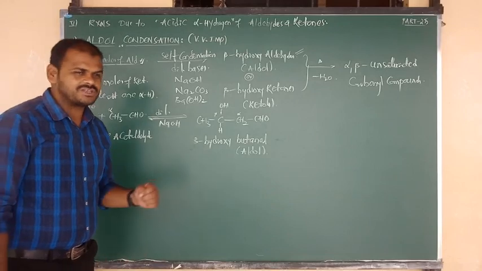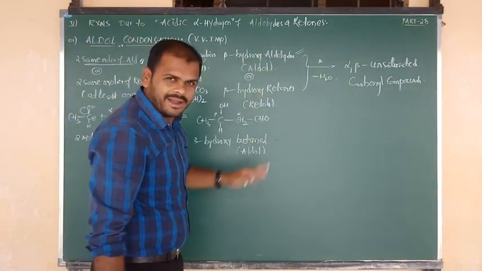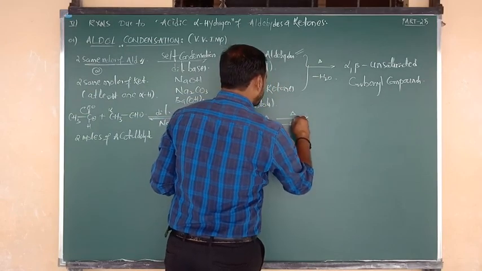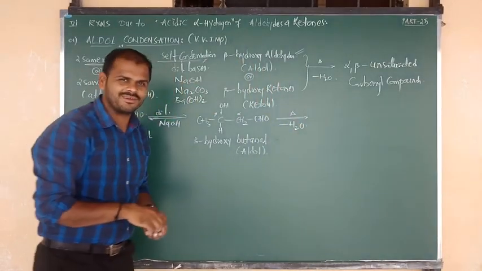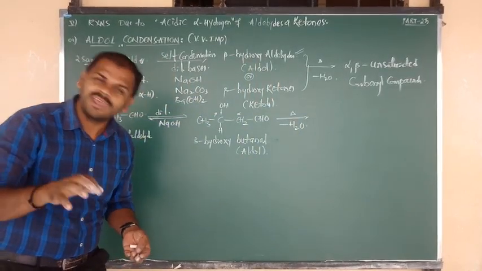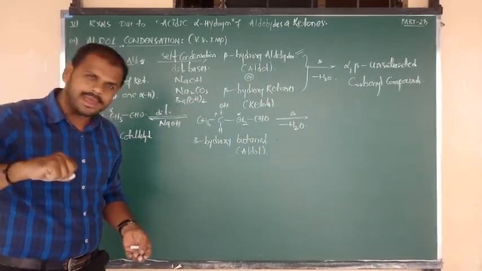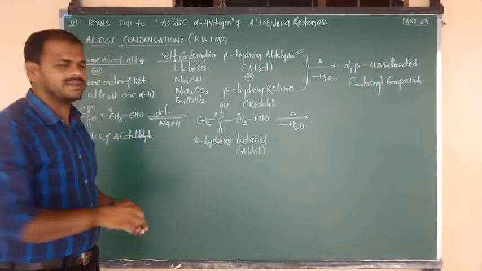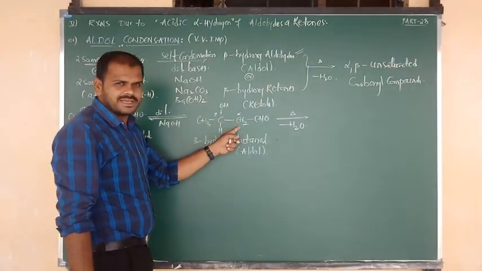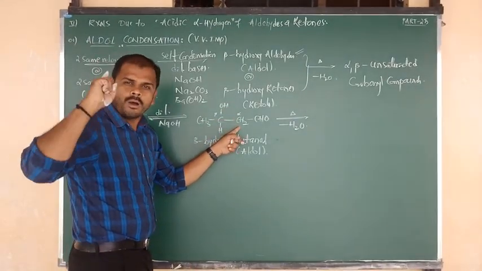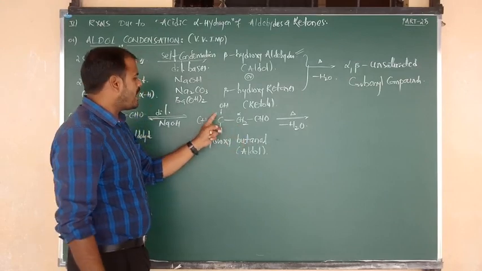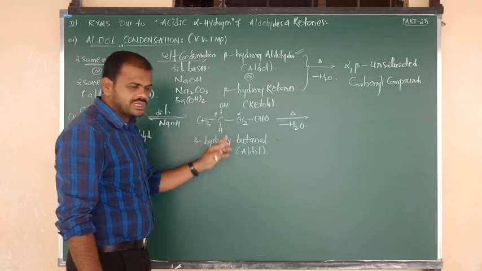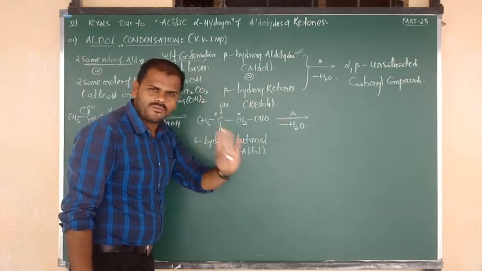Okay na, beta? Right. So now such a beta hydroxyaldehyde compound undergoes the process of heating. Upon heating, it is going to lose the water molecule. Sir, how to remove the water molecule? Means from which side we have to remove the H plus, and from which carbon we have to remove the OH minus. That is the answer. From alpha, CH2 is there. From the alpha carbon always we have to remove the H atom, and from the beta carbon we have to remove the OH. From alpha H, from beta OH, they are removed in the form of a water molecule.